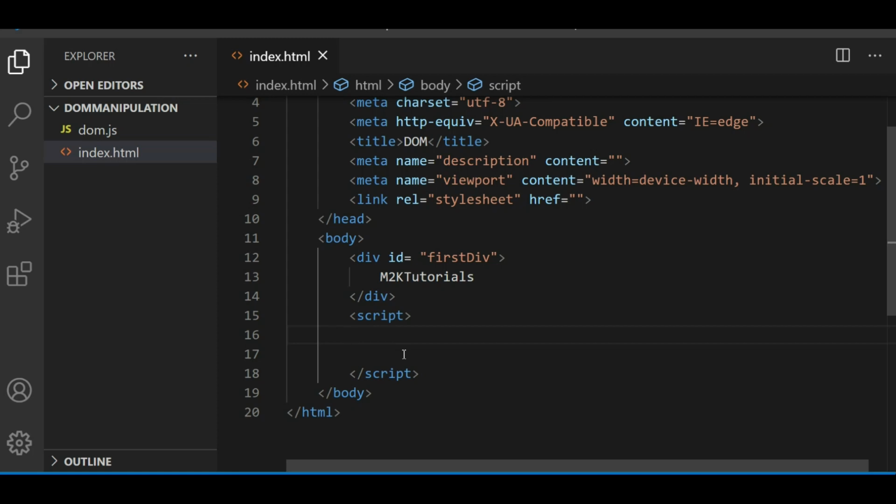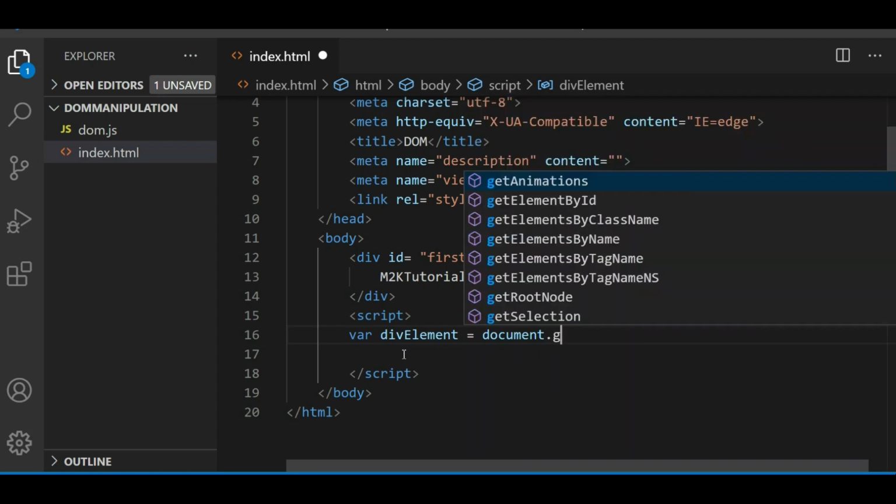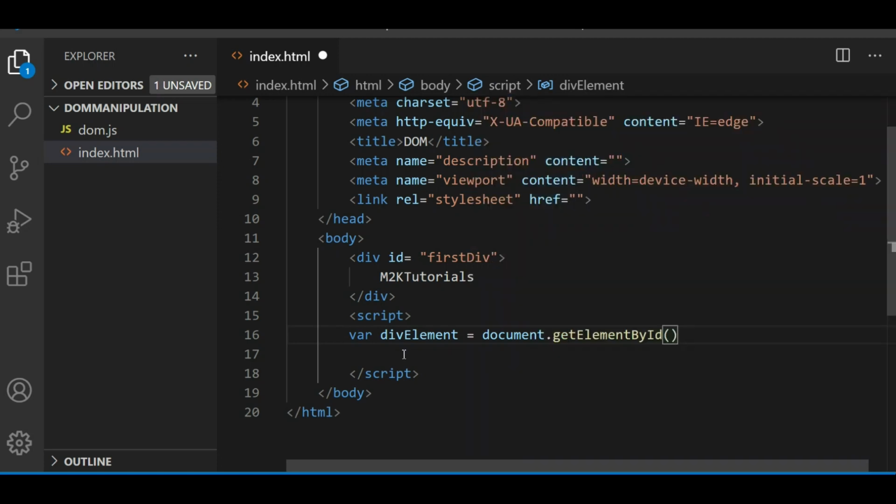So let's first see how we can get any HTML element reference using get element by ID. Here I can define one variable, let's say div element. This is just a variable. Then you can write document dot getElementById, and here you pass the ID of the particular HTML element to get its reference.